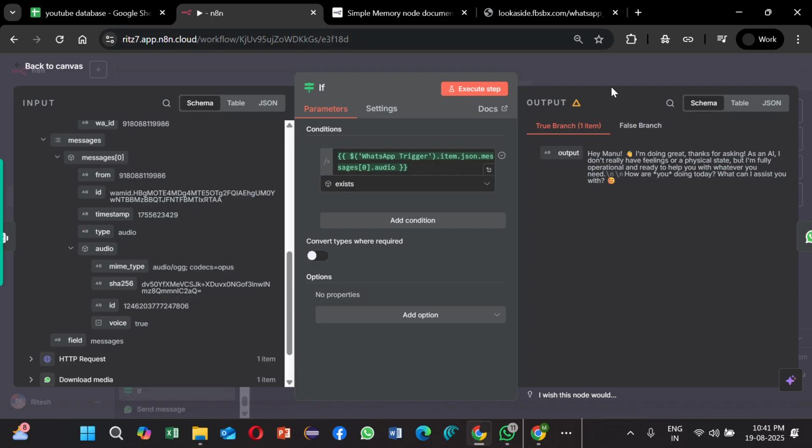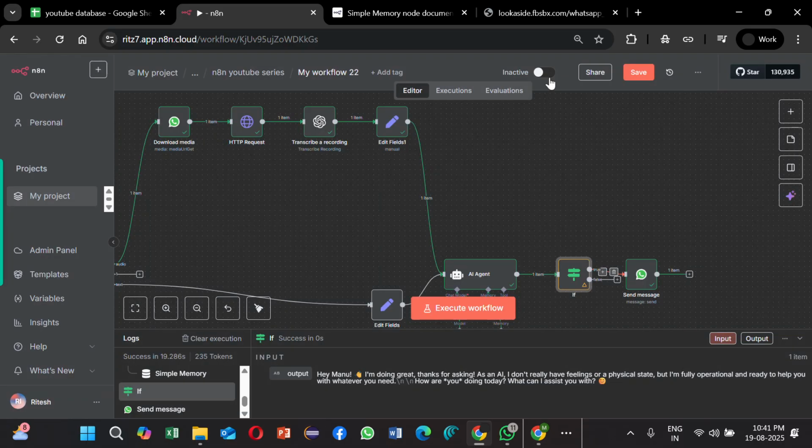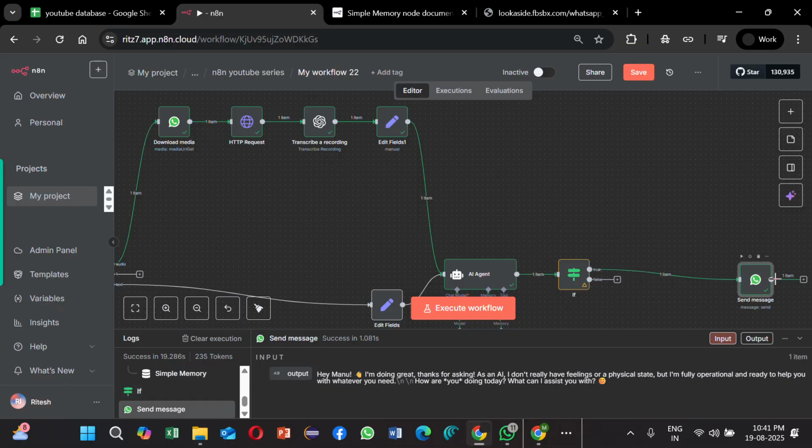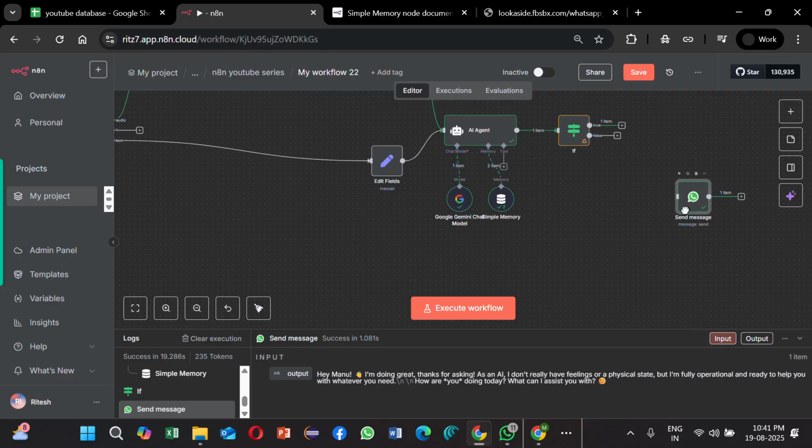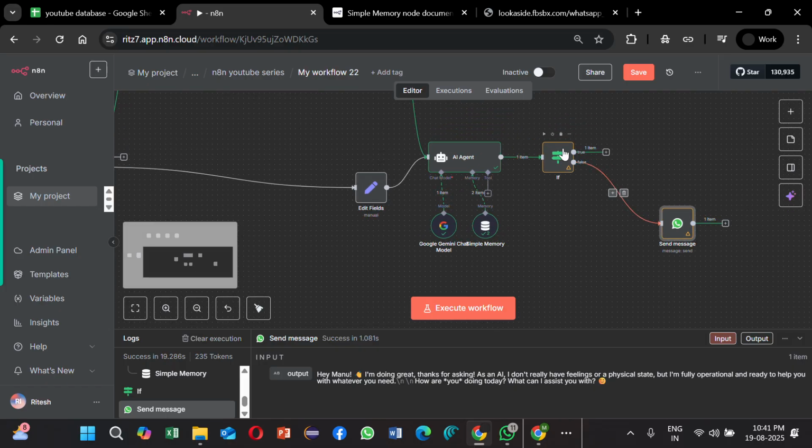If audio object exists, we need to move to, we have to respond in audio. So let's say we break these, and only if the input is in text, we have to send a text response. So let's send this, and now